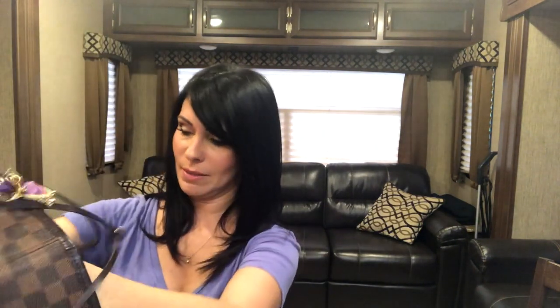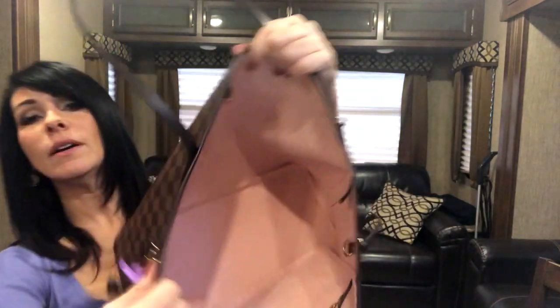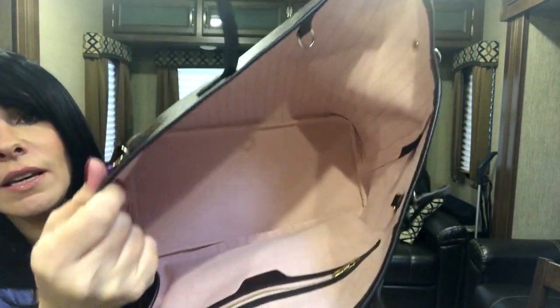Oh, this thing has hair for days in the bottom of it. That is so gross. Okay, let me see if I can get it out there so you guys don't have to look at it. Okay, so that's all that's inside the main compartment of this bag. As you can see, it's still